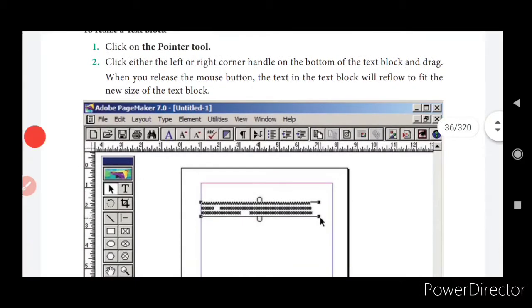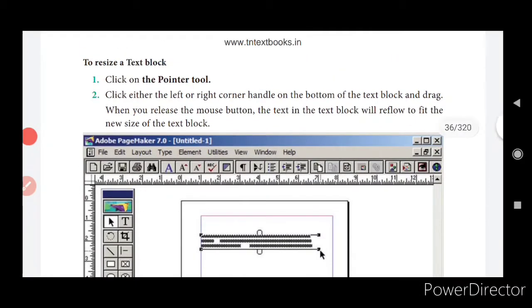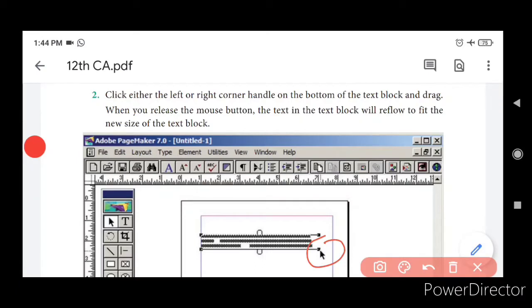The text in the text block will reflow to fit the new size. You can enlarge it or make it smaller. As you drag, the length will become bigger. As you drag it upward, the size will become smaller.